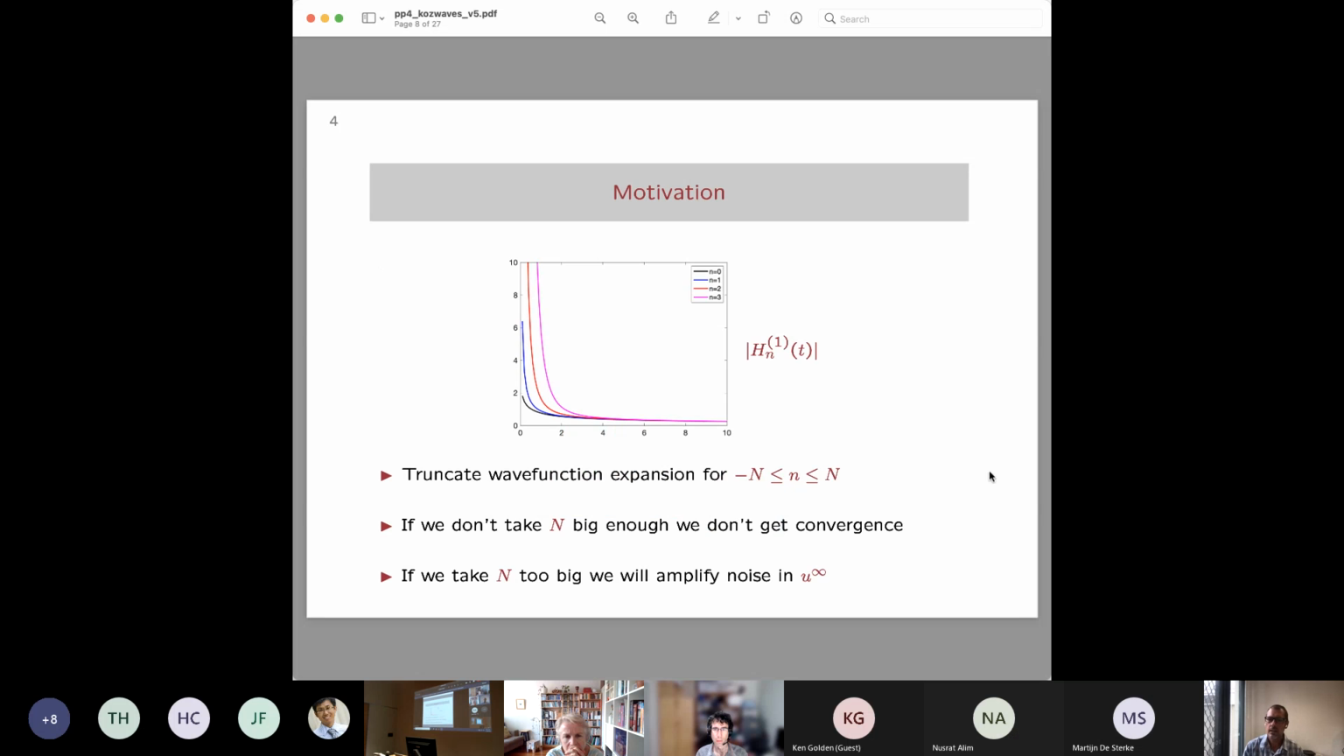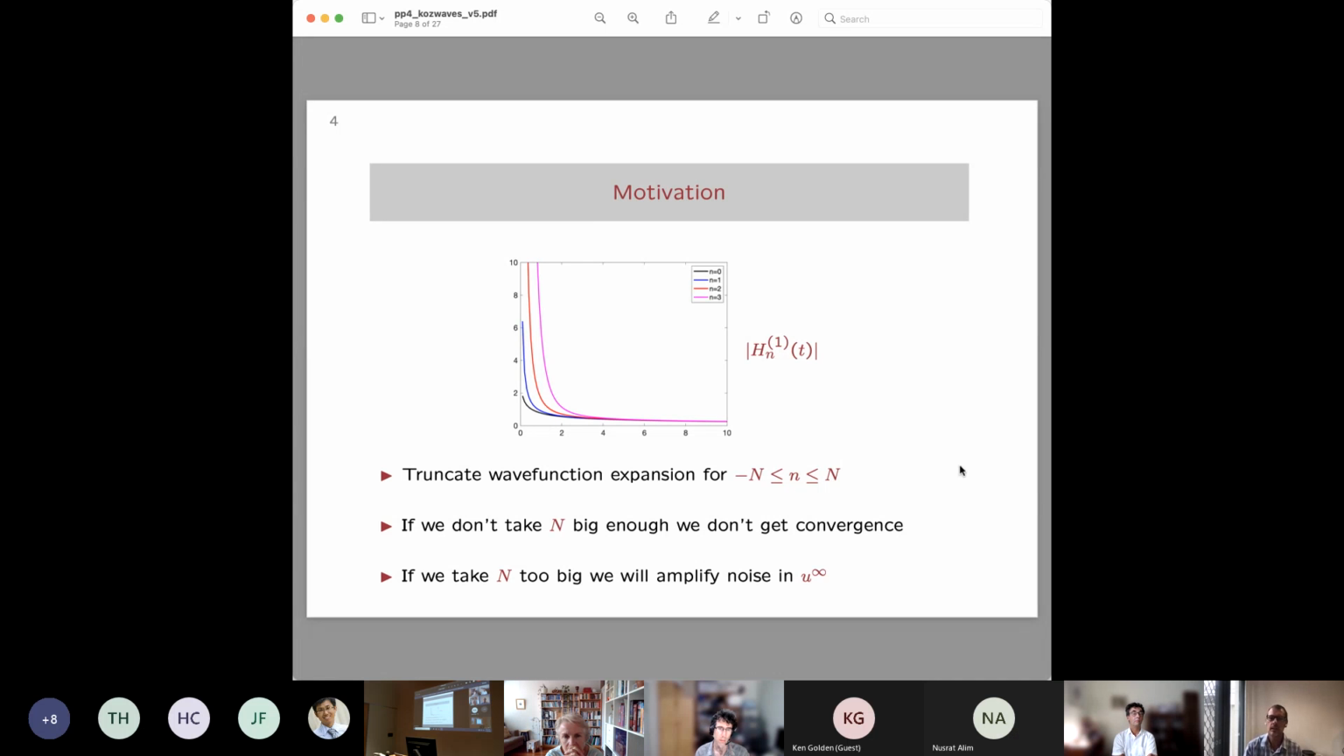Before I get into a bit more detail, I just want to make some preliminary comments. One is that, of course, in practice, we need to truncate that wave function expansion for the scattered field. I'm going to do that with truncation parameter big N. Then, of course, if we don't take big N big enough, then we don't get convergence to the true scattered field. On the other hand, and this is a common issue with inverse problems, if we take N too big, then we will amplify any noise in our far field